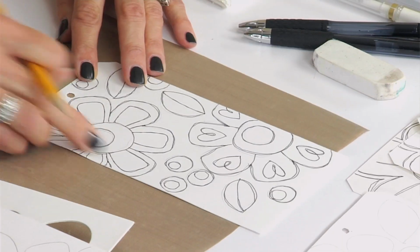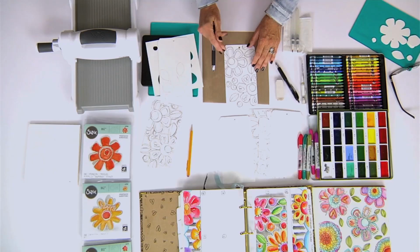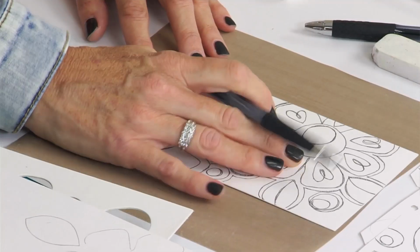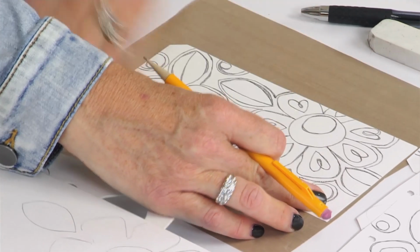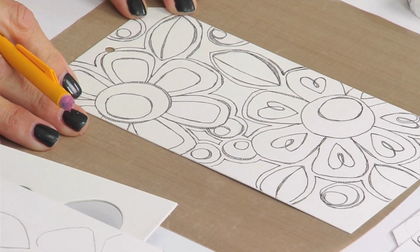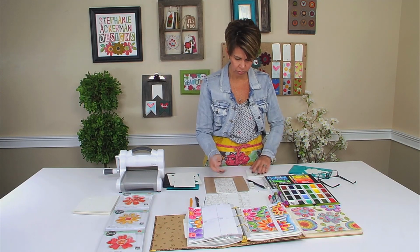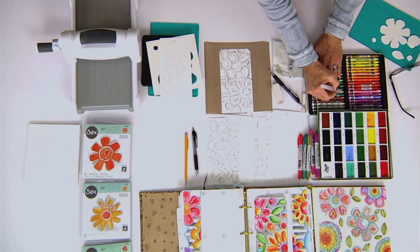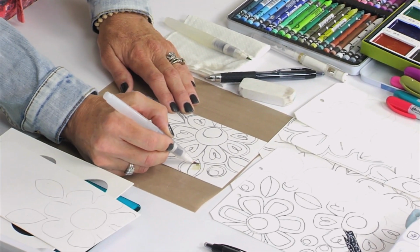So like I said, I have it stepped out here, got it all penciled in. On this one, I've already used my pen and I've doubled up the lines, and then we're going to start with the color, and this is on the watercolor press paper. You're going to make sure all of your lines are erased, pencil lines, and then using the technique I showed you, we're going to just blot on some color, and I will just quickly go over and show you the